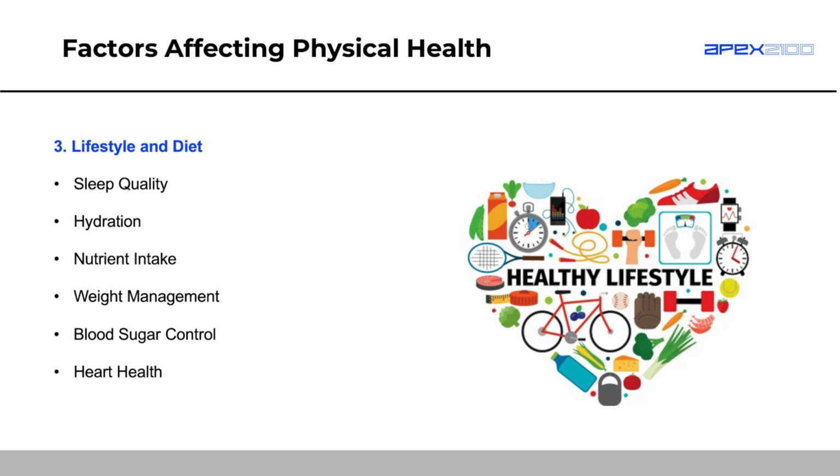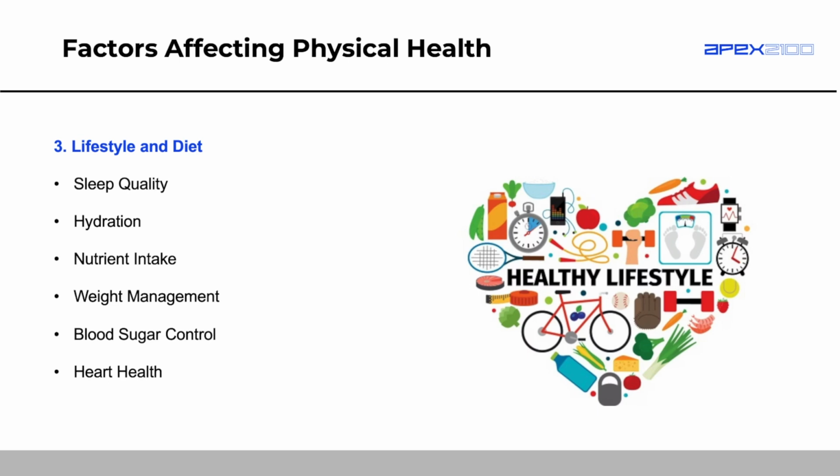Blood sugar control. So with a good diet and balanced carbohydrates, we can manage our blood sugar and reduce the risk of diabetes. If we're eating a whole lot of processed sugars and saturated fats, that can become an issue. And of course, our lifestyle and diet affect our heart health as well. So diets with lots of omega-3s, so think salmon and fatty fish, and low in saturated fats, so not too much butter or animal fat, support our cardiovascular health and reduce the risk of heart disease.